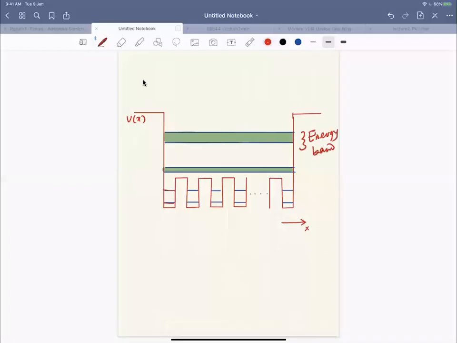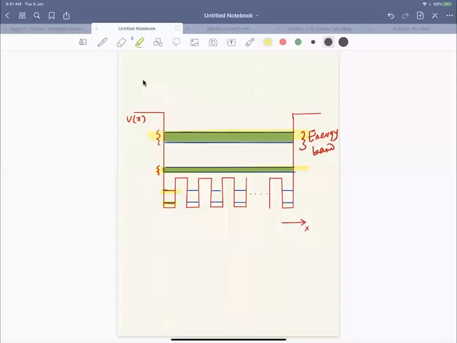Energy bands, right? These energy bands have a lot of energy states. Here I have only one energy state, but in this part I'll have a few energy states very close to each other, and that's why they are called bands. The energy bands, right. So basically, when we're talking